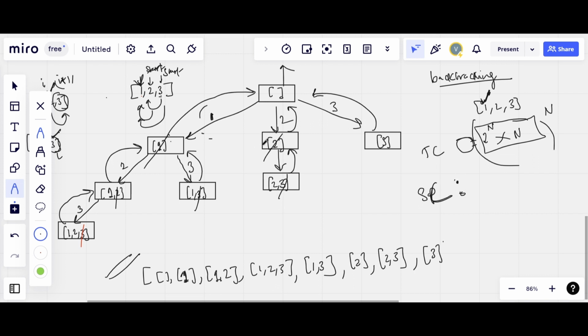And the space complexity will be, as you can see, we are maintaining a stack. Backtracking follows DFS, depth first search. For depth first search, the space complexity of the implicit stack is the height of the tree, and the height of the tree can be, in the worst case, big O of n. So the space complexity will be big O of n, plus